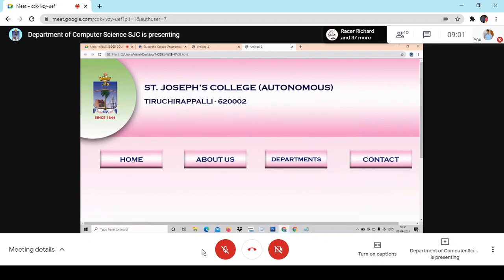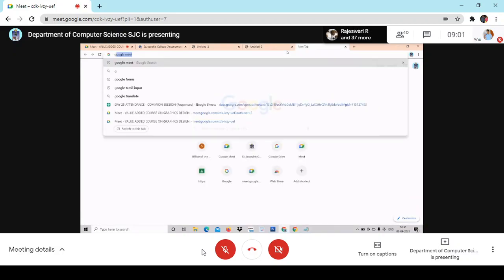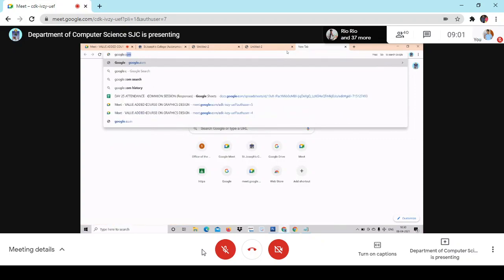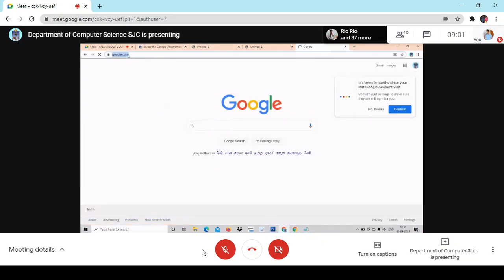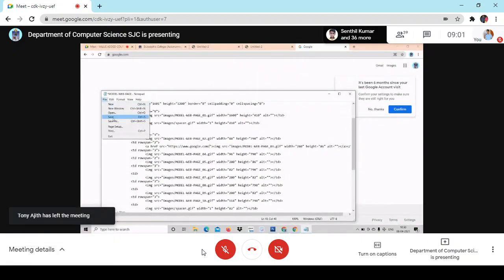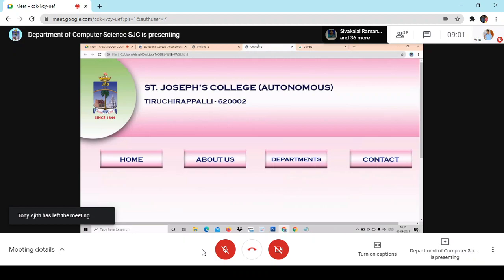Yes. We get the link, but we are unable to load it right now. I will just try it. Google. Yeah, I'm just copying from here. Let me check it. Try to copy and put it here as it is. Yes. Now it will work. I just save it. Go back.